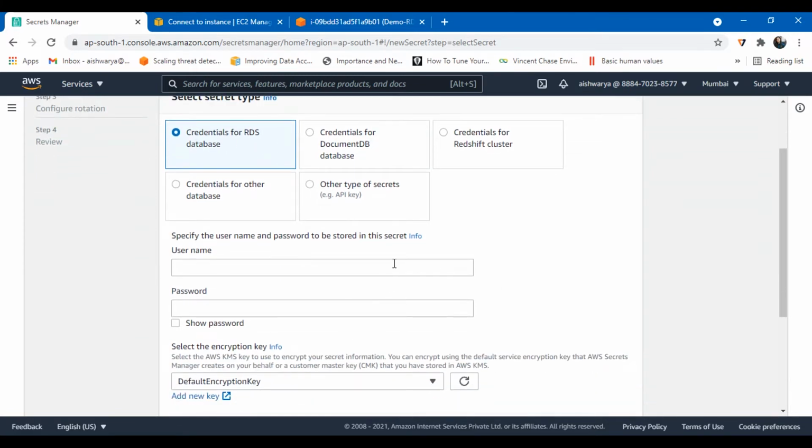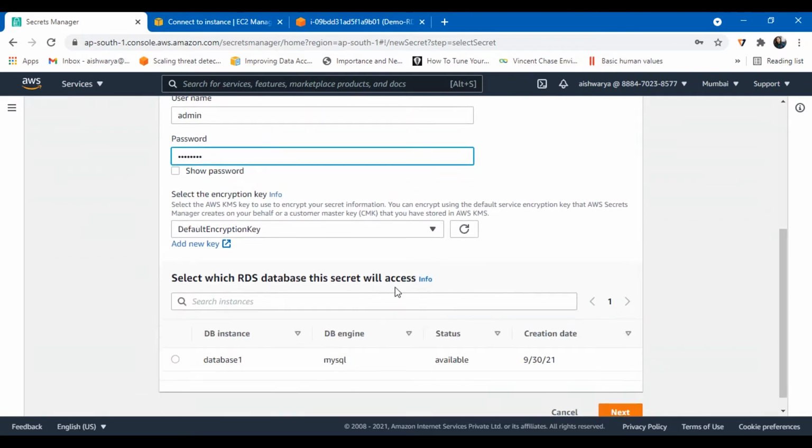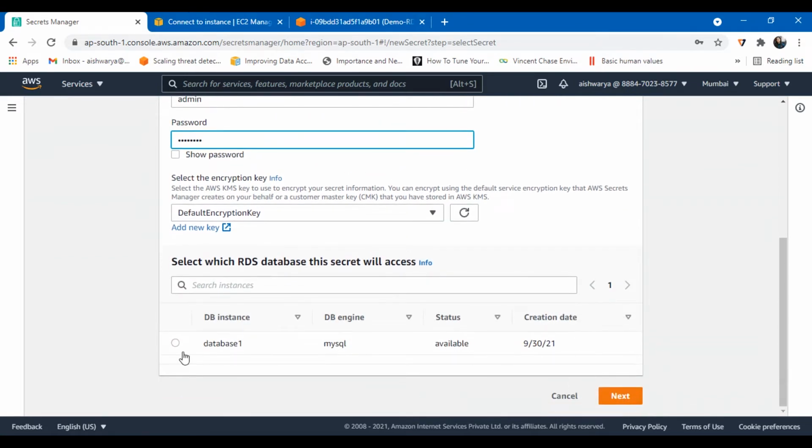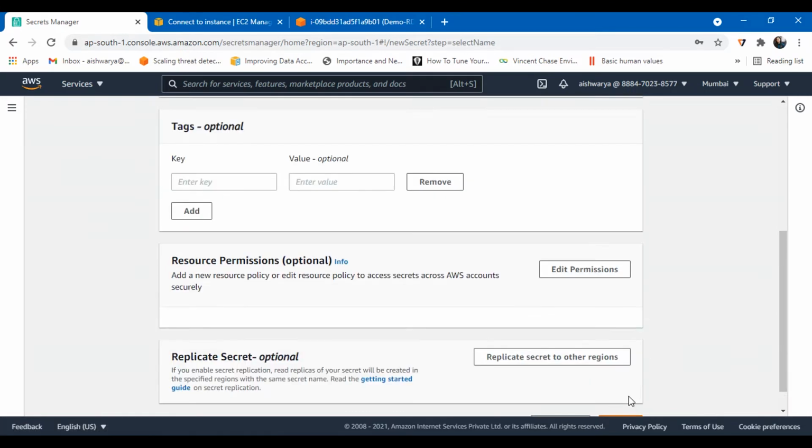So admin, the username, and the password I have entered. These credentials will be fetched by the RDS proxy. Select the database, database-1, which I created in RDS. Yes, I want to use this, and then next.